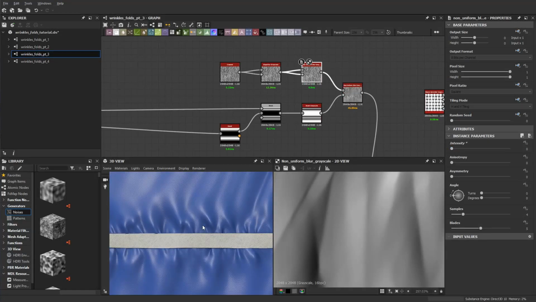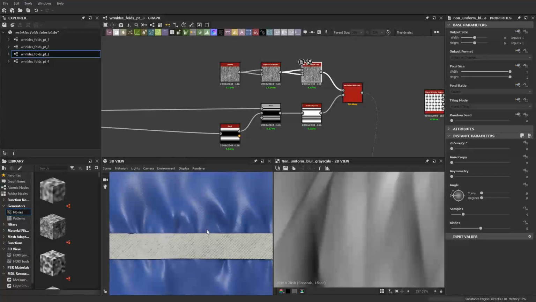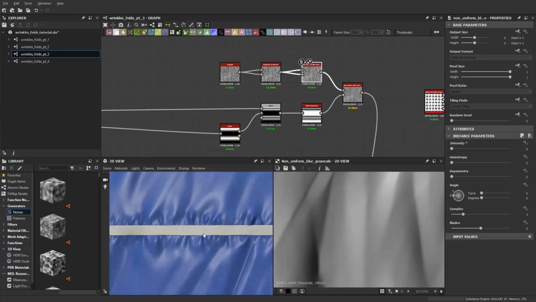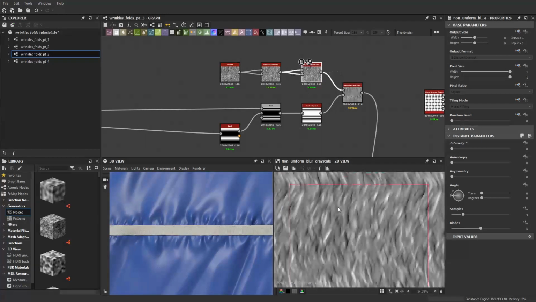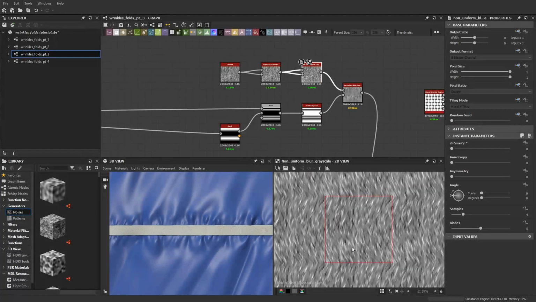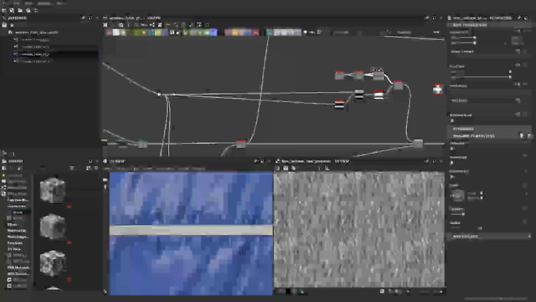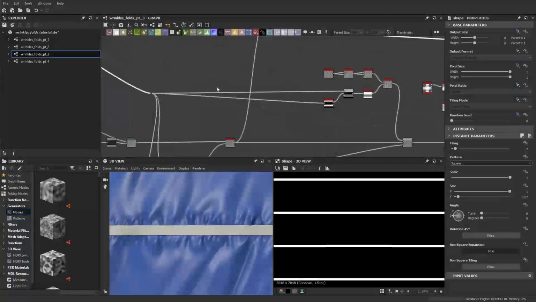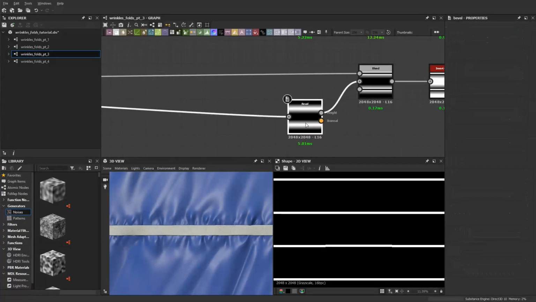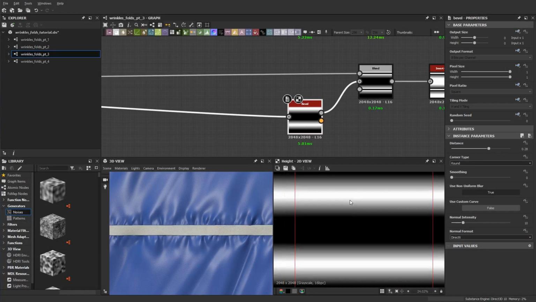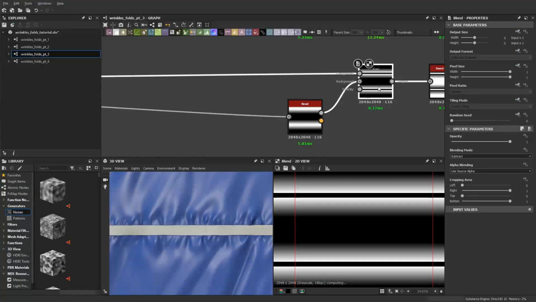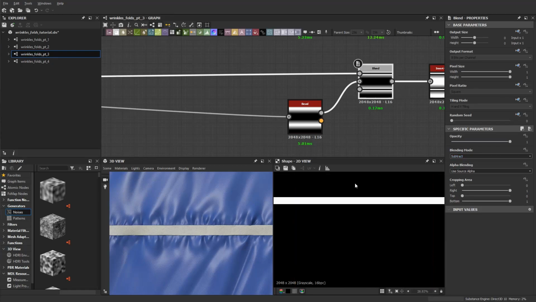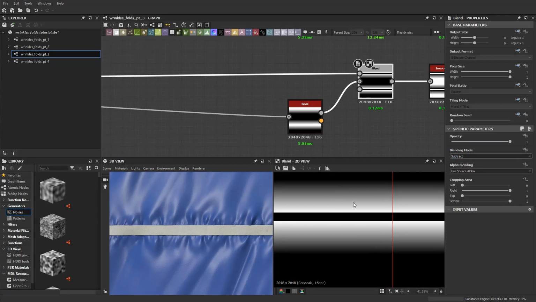I didn't want it super sharp, so I just kind of touch it up a little bit with some blur. And then, this is my favorite part right here. We take all this noise, and then we're going to use the mask from our bands to create a bevel. My distance is like 0.28. I do that, and then I chop out with a subtract from this blend. I chop out the original mask, and that leaves me with